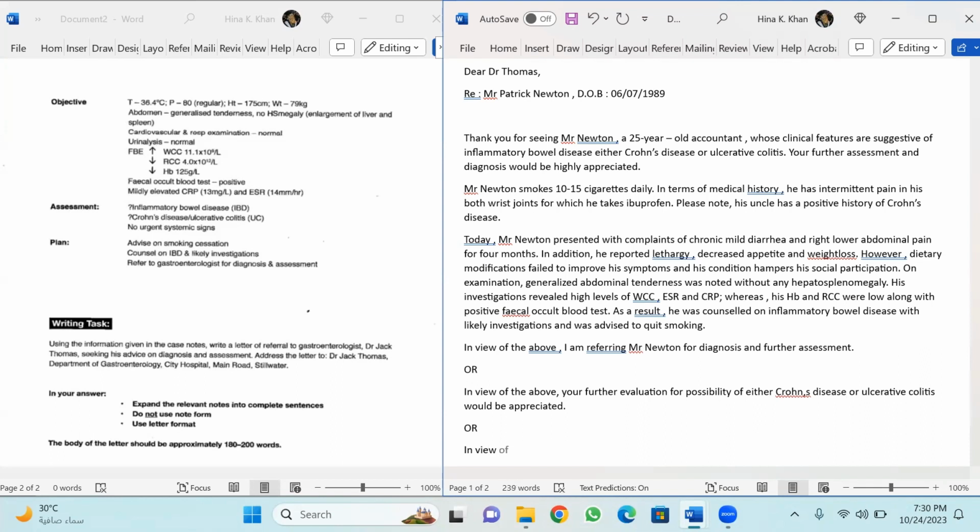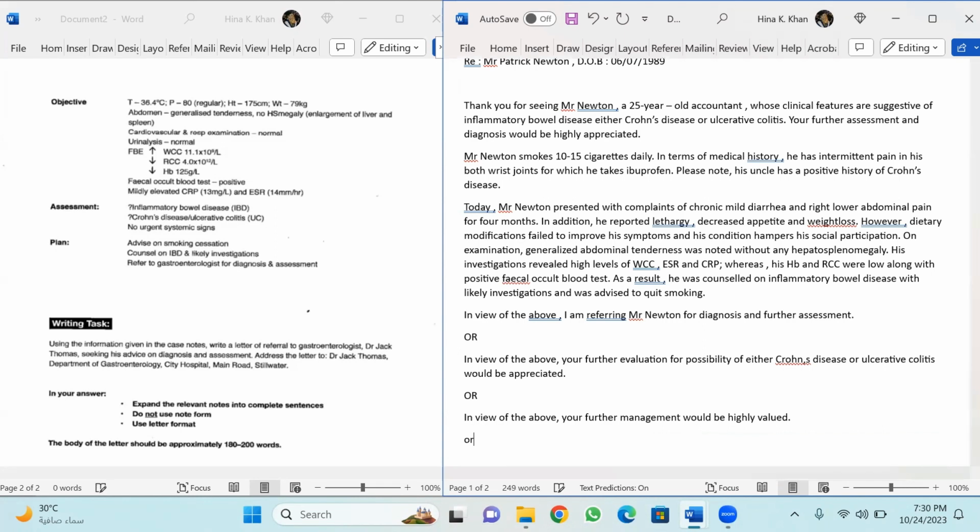In view of the above, your further management would be appreciated, or मैंने ऊपर लिख दिया है, would be highly valued. Okay, you can write it like this also, but my preference will be, if I will just write